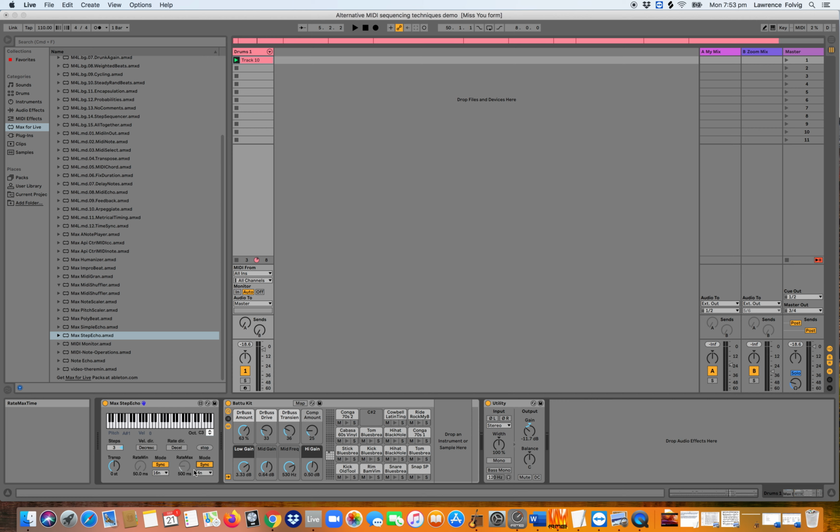So I might pick 16th notes as the options, let's say minimum and maximum. Let's go with 4 to 16, and we've got 3 steps. So let's see what that sounds like. And it's almost a similar thing. It's kind of like a delay, which you could use, but it's a little bit more involved than that, because if I press